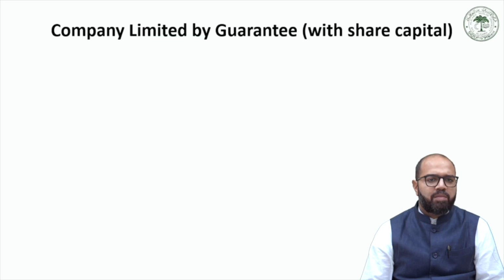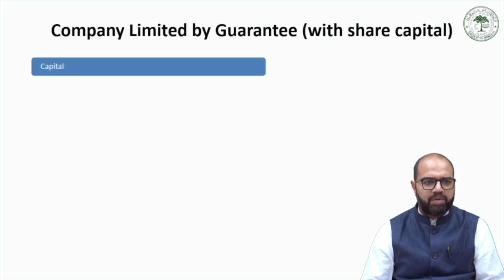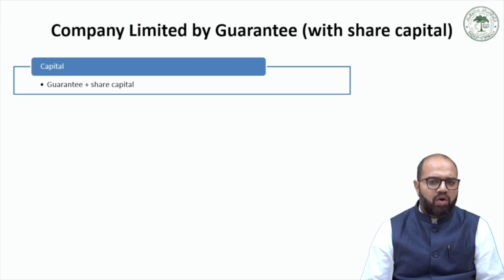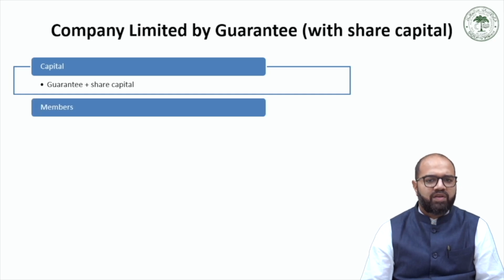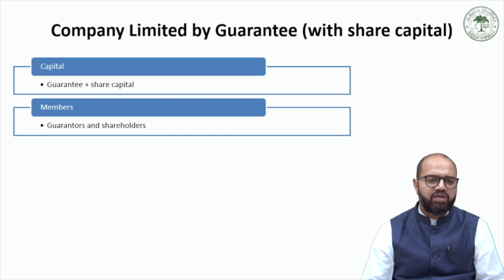Now we shall be taking up the third kind of a company under the classification of liability, which is a company limited by guarantee with share capital. This kind of a company is a rather rare exception. While most companies limited by guarantee do not have a share capital, some non-profit organizations or charities may choose to incorporate with both the features. Here, a company is primarily structured as a company limited by guarantee with a share capital. Its members act as guarantors and shareholders, so both obligations are combined into one,